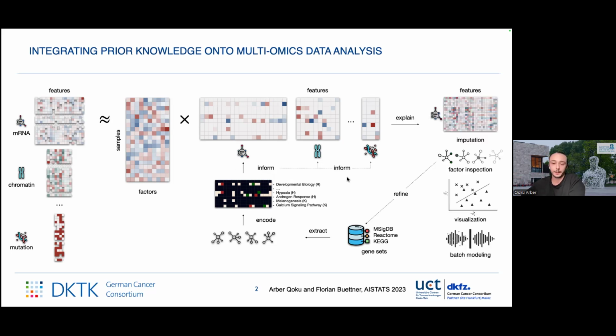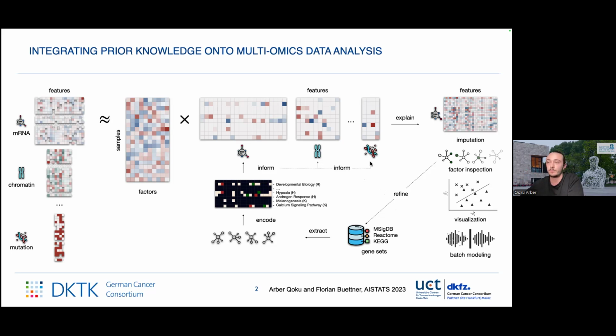Then after training, we may proceed with a downstream analysis, such as imputing any missingness in the data. We can investigate the different factor composition. We can visualize our samples in terms of pathway scores instead of gene scores. We can remove factors that might correlate strongly with unwanted sources of variation, like age, sex, or different technical artifacts like batch effect, and try to focus mostly on the biological insights from this data